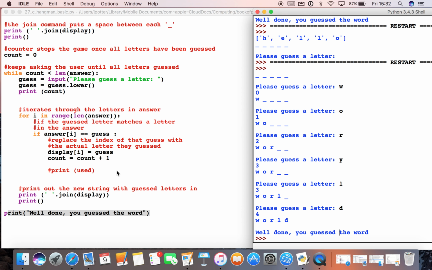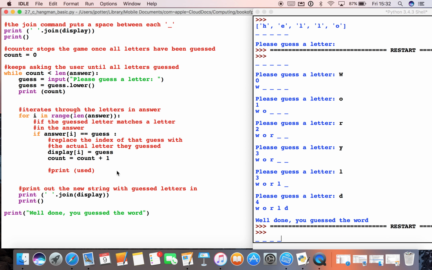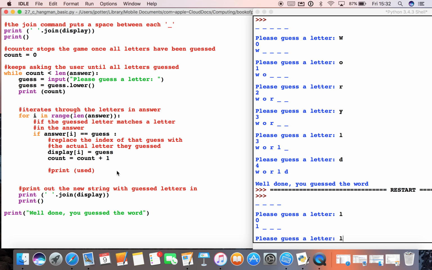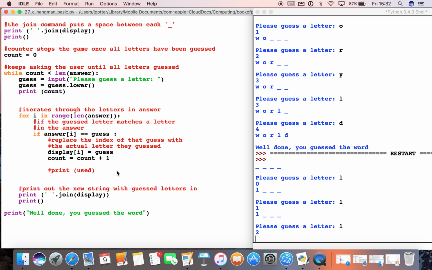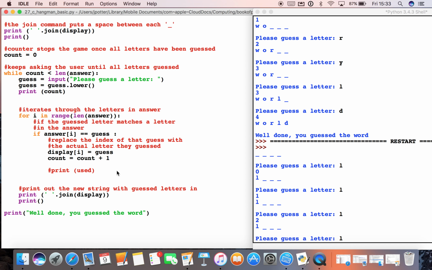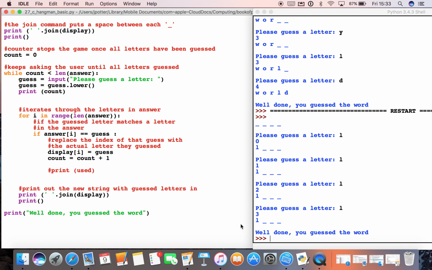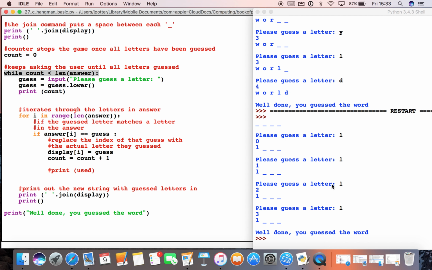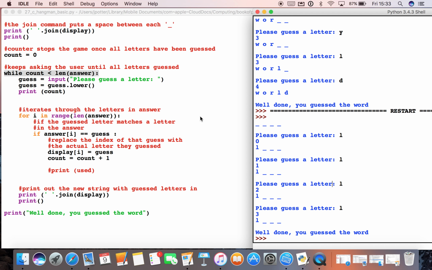Now there is a bug with this program. Well, not really a bug, it's just code we haven't done properly. If we pick the same letter over and over and that letter's correct, it will still increment the counter. So you can see there it's told us we've guessed the word even though we haven't, because we pressed L 3 times, or 4 times in this case, starting at 0. So we've got a problem with our game. It doesn't quite work properly, so we can rectify this by having a look at the next video.